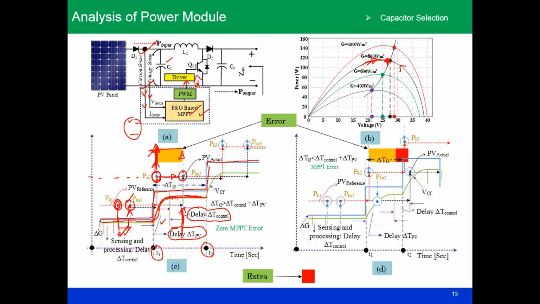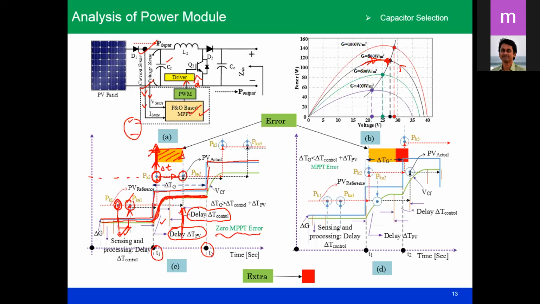So therefore the difference, this is actually time difference, del t. So del t multiplied by power will give you the energy loss. Okay, so during this MPPT process, this is the energy loss, which is very less, and ideally we say it's a zero MPPT error. And why is it so? Because the system dynamics is so fast and it is able to go to that new value of MPP, VMPP, in a very lesser amount of time. So the wastage here is very less.